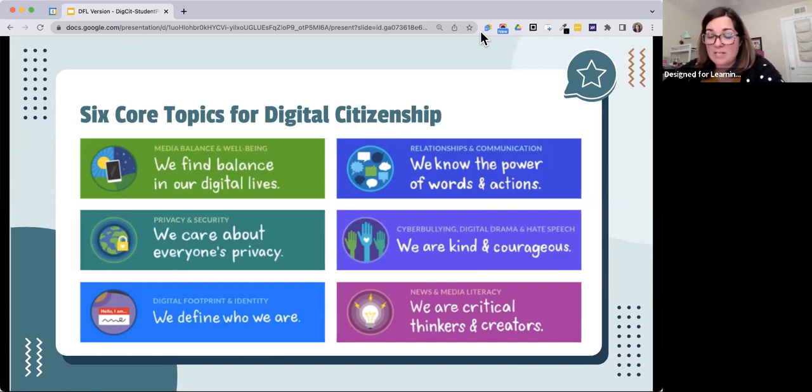Obviously, mom and dad know your password because you're minors and we are technically in charge of you. But we don't share passwords. I still see some school districts where every student has the same password. So the modeling is also there. How we model to students is also an example of a digital citizenship conversation.